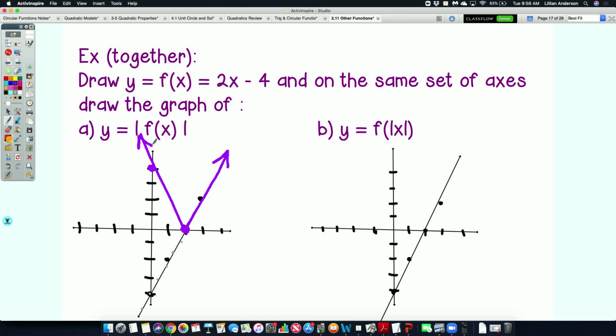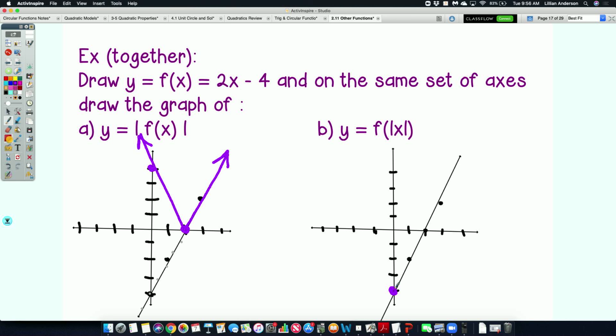So now it says you discard the graph of x is less than 0. Okay? So any x values that are less than 0, you got to get rid of them. And you're going to reflect the graph of x is greater than or equal to 0 over your y-axis and keep what was there. The points on your y-axis are invariant, so they don't change. So that means any point that was on your y-axis doesn't change, so that point of 0, -4 stays